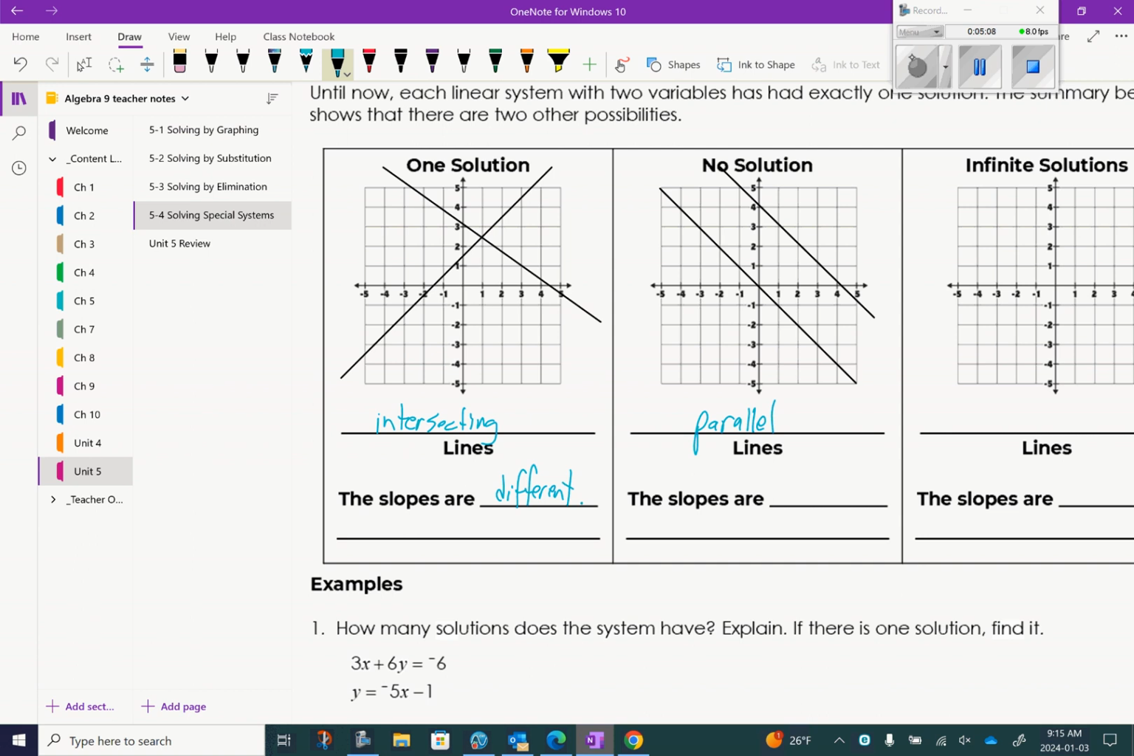We know we're going to get one solution if we can figure out the slopes of both of those lines and we find out that they're different. That's it. End of discussion. If the slopes are different, then they will intersect. There will be one solution. For parallel lines, the slopes are equal,